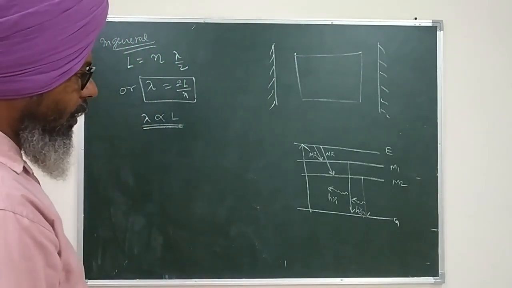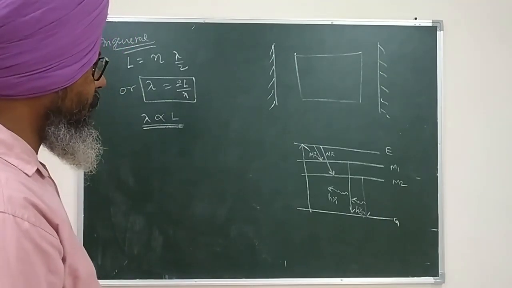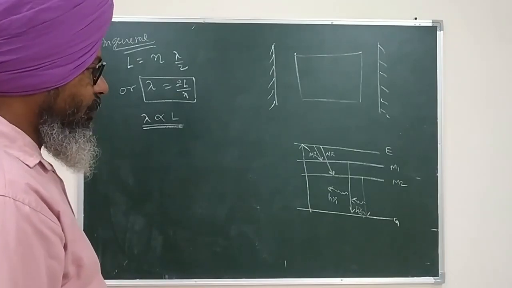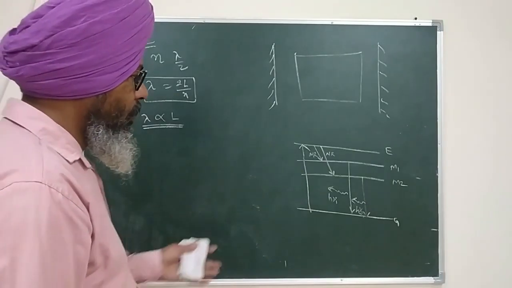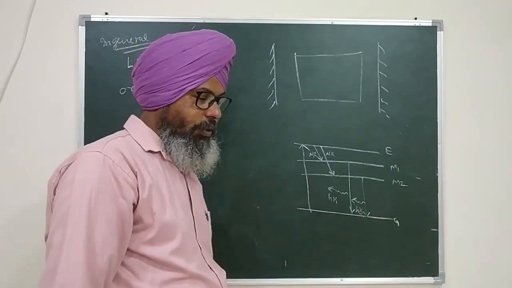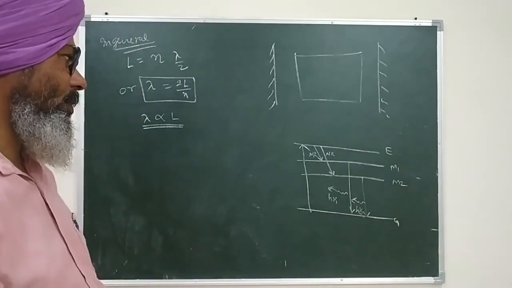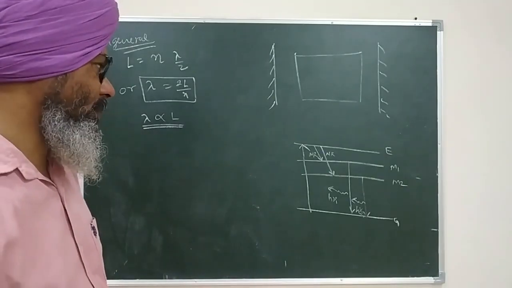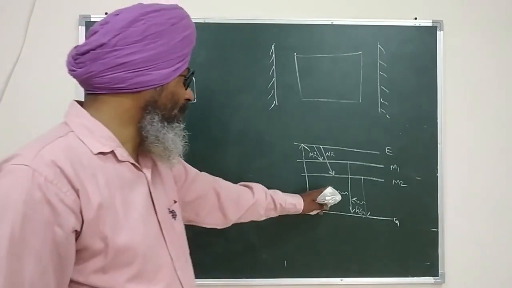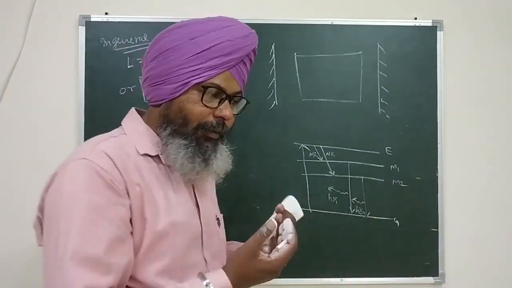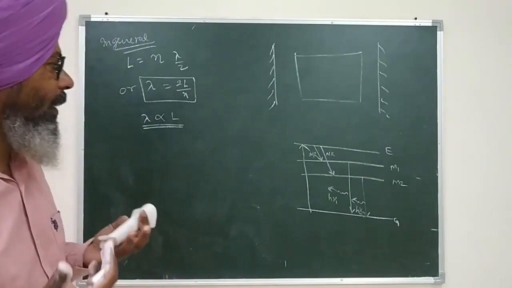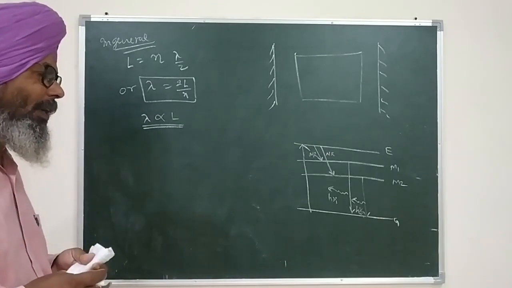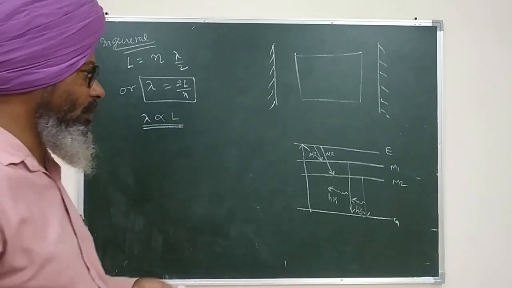Since both of these are produced by chance parallel to principal axis, according to the explanation I have given to you, no one can stop either of these two photons from multiplying, since both of these photons are satisfying the condition of being parallel to principal axis. Therefore even this will multiply, even this will multiply. Therefore when the light comes out of the partially reflecting mirror, the light will be parallel to principal axis. However, the frequency of the light will not be unique. It will contain two frequencies.